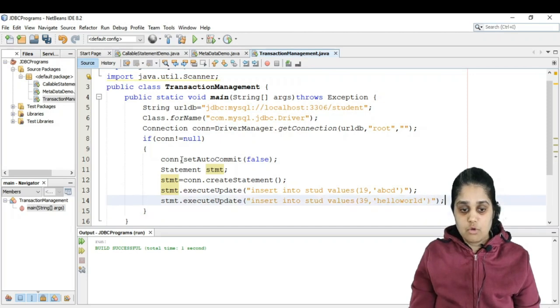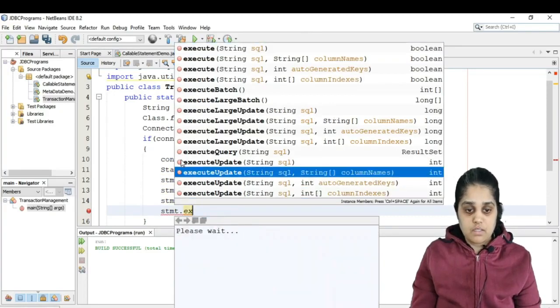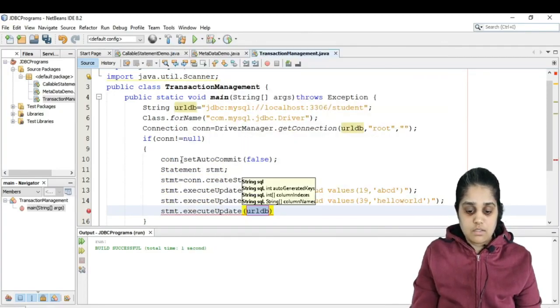And one more operation that I want to do is executeUpdate, and I will update the table name, set name is equal to something where id is equal to 1.